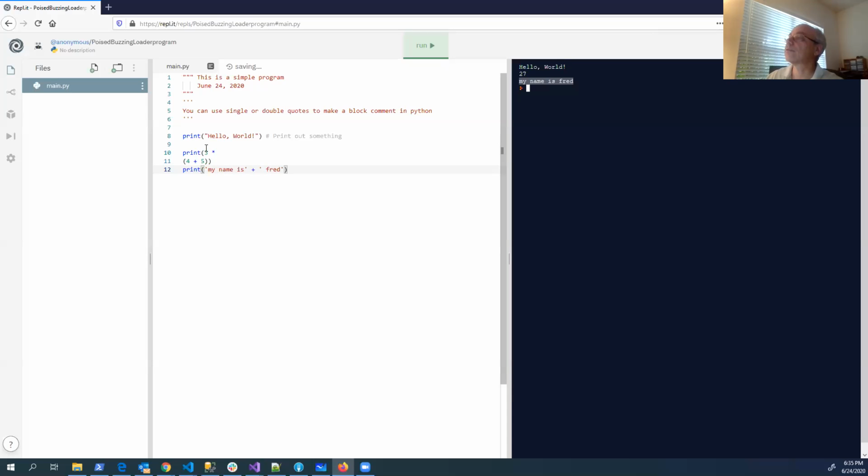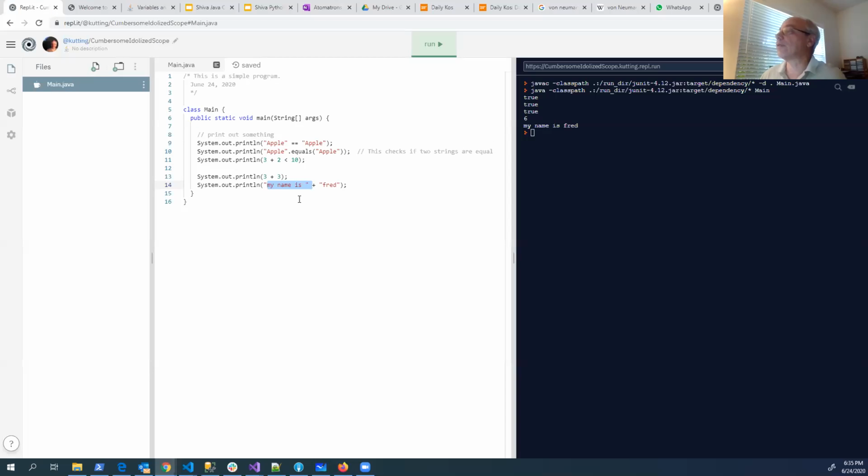You never have to put in a semicolon, but with Java, at the end of every statement, you have to put in this little semicolon. And that forms a statement.